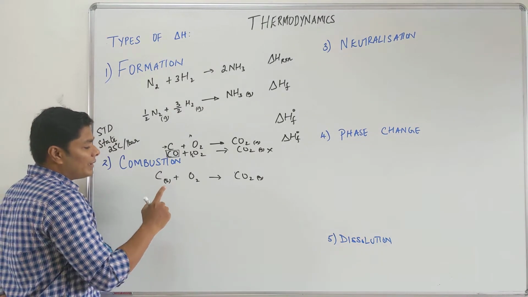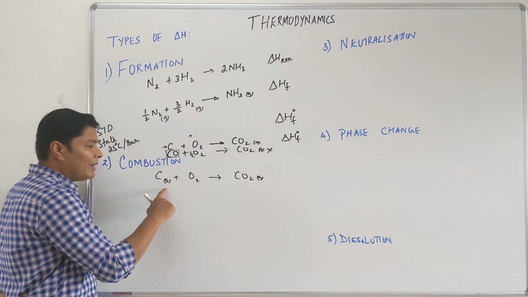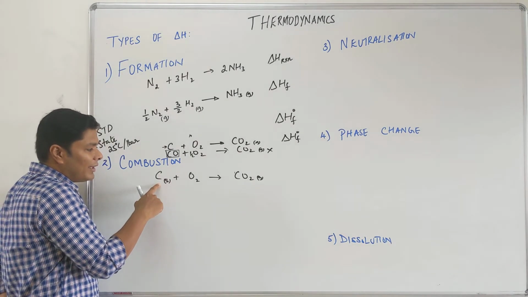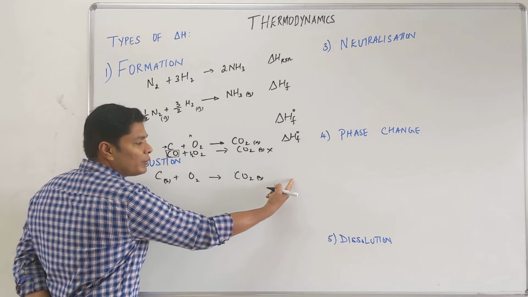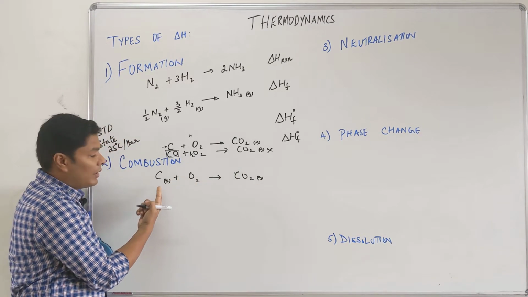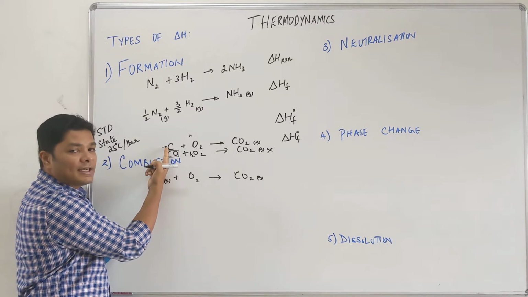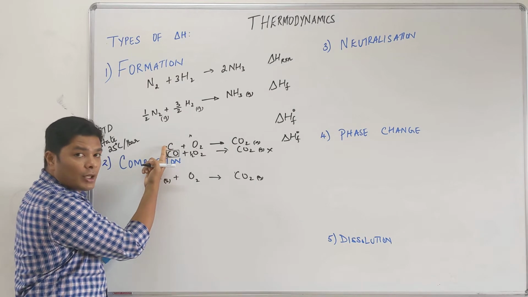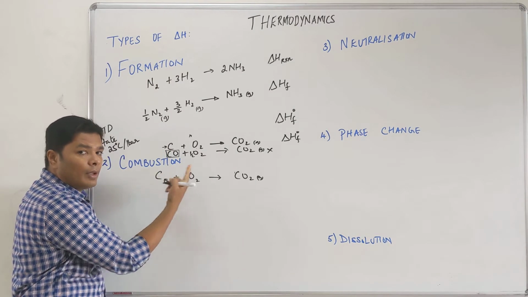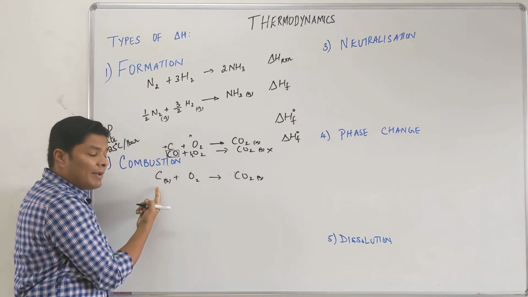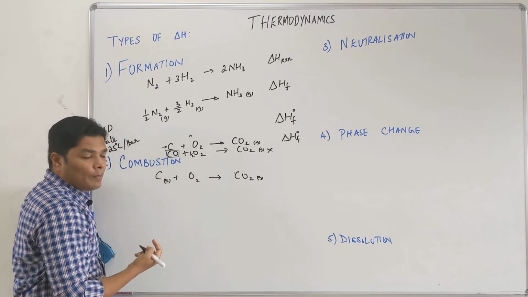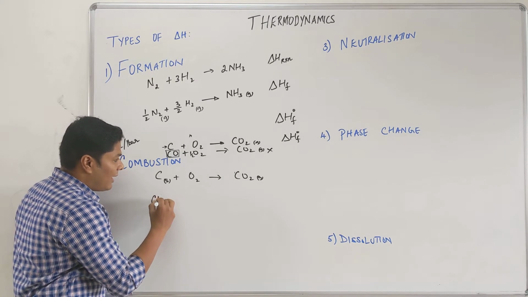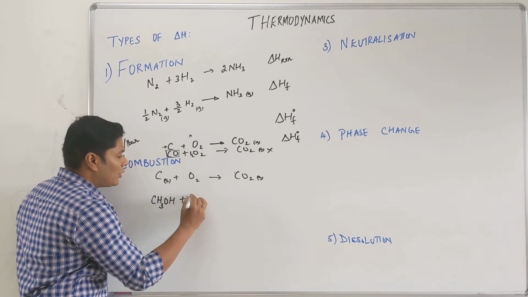But here you want to make sure that this carbon can be graphite or diamond or anything. If it is diamond, the enthalpy associated with it would be the heat of combustion of diamond. Whereas for formation I have to have the standard state, and you need to know the standard state of carbon. That's going to be graphite. So it is combustion of graphite, combustion of diamond, combustion of coal. Okay, straightforward. Now we can take one more. For example, I don't have to have an element, I can have methanol.